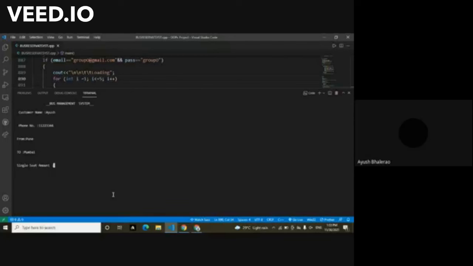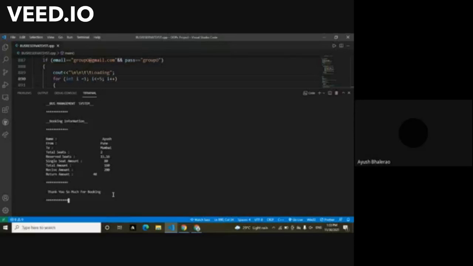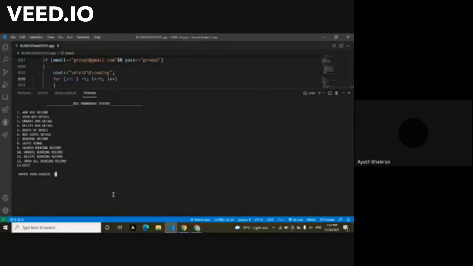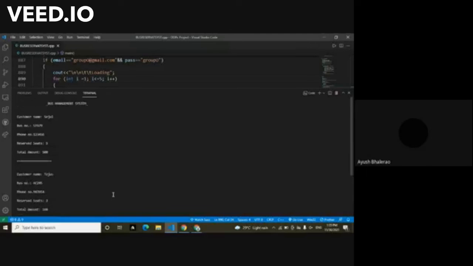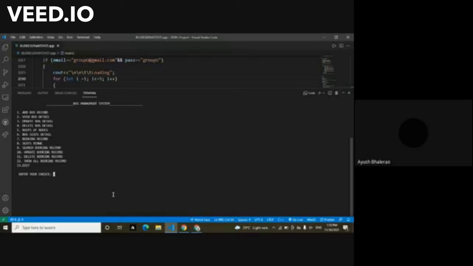So this is basically the booking function that has been recalled to book the new seat. So the next function is show all function that shows all the bookings that have been done previously. And then we have renew booking. So in this, basically all the bookings that have been made of buses are removed.